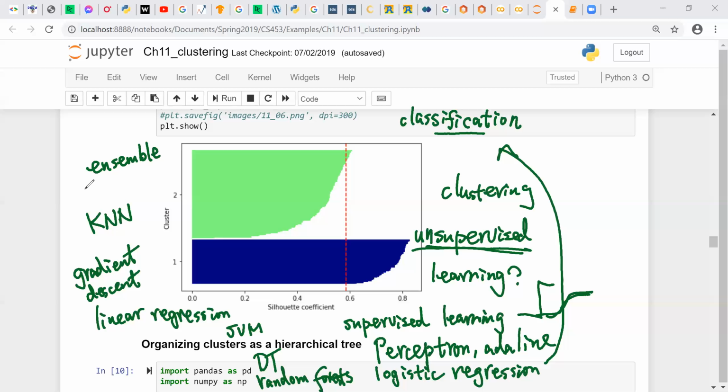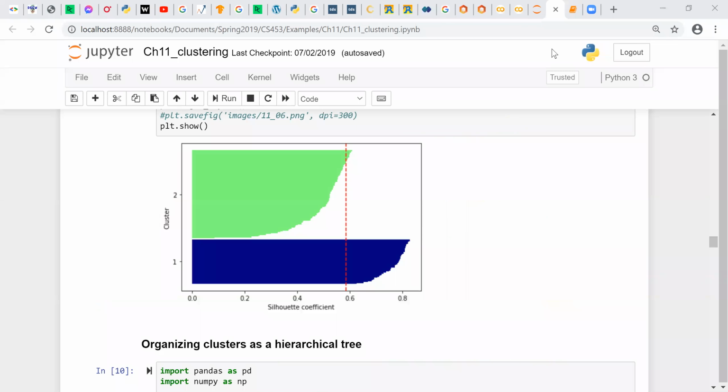And then we use majority voting to determine the results. So that's regarding ensemble learning. That's basically all for today, and tomorrow we can